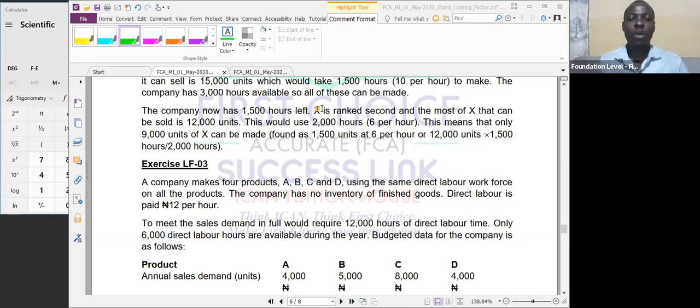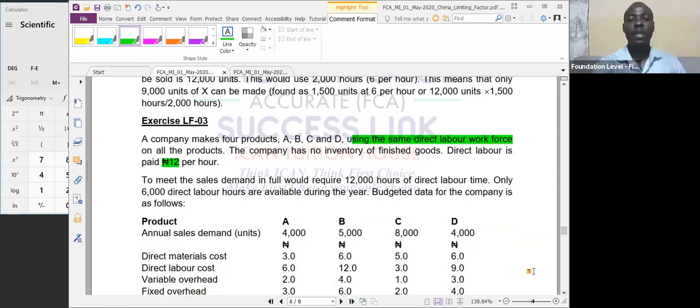Okay, so we have seen that one line to help you know which one is your limiting factor is this one that says they are using the same labor workforce. So this gives you a hint that labor hours will be the limiting factor. The company has no inventory of goods. Direct labor is paid 12 naira per hour. Take note of that. Okay, then the sales demand in full will require